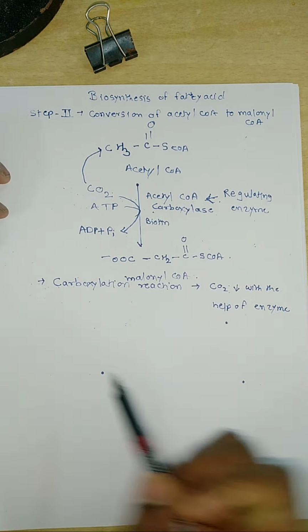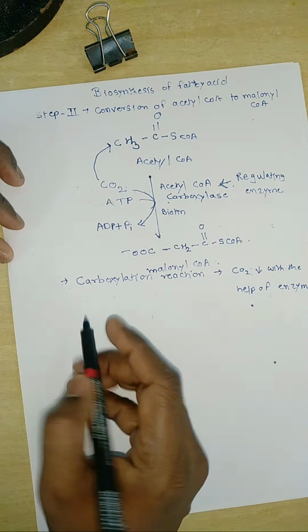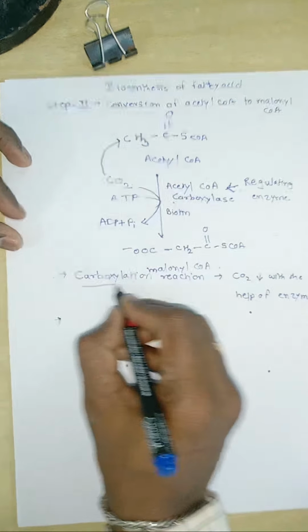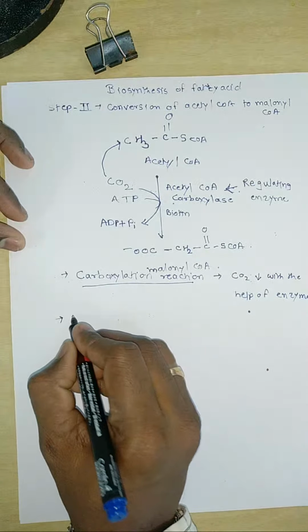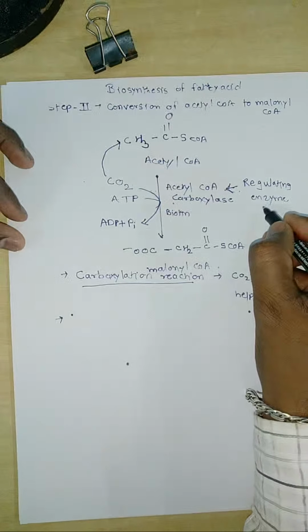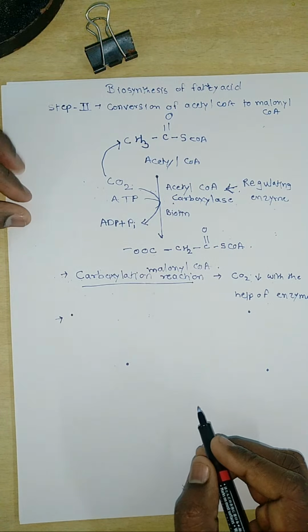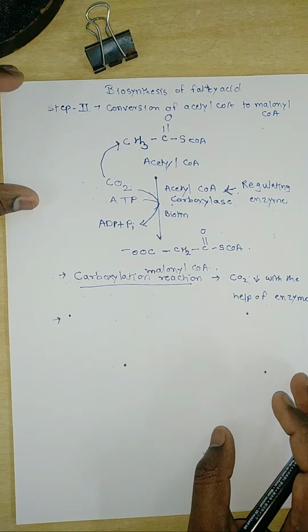So this step 2 is known to be a carboxylation reaction, and the rate limiting, regulating enzyme here is acetyl CoA carboxylase. So this is step 2 of